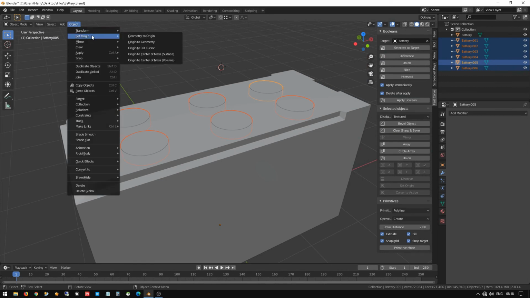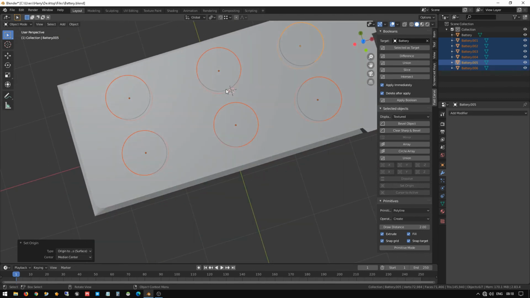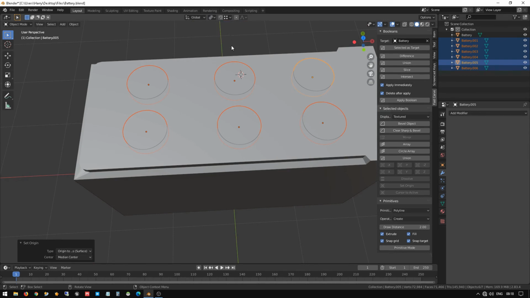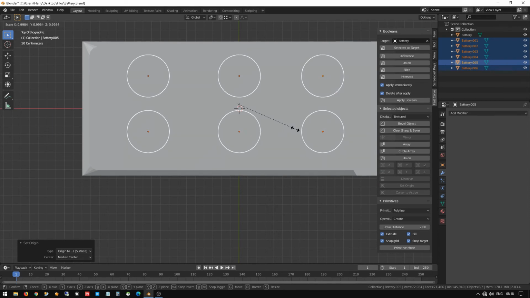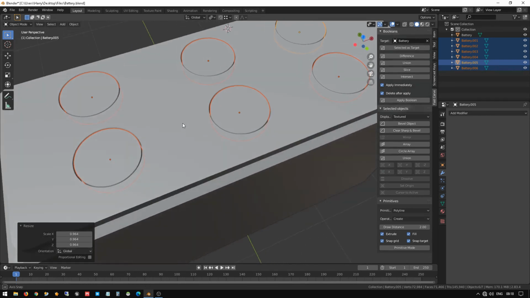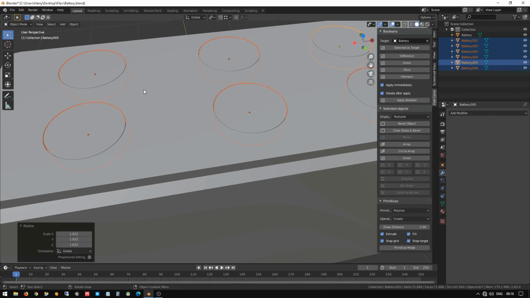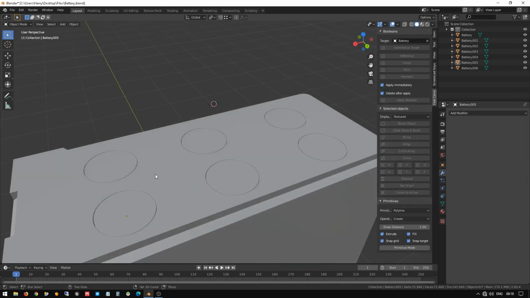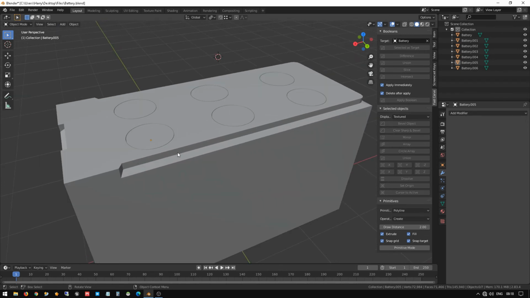Now we can see that the origin is created for each object, and confirm once again it's the individual origin. Press 7 and press S to scale, and using the shift key you can move slowly a little bit. So now I think it's created more. I think scale again and you can increase a little bit more. Yeah, now you can see one nice cap is created for the battery. So here is one more option done. And now let me go for the next step.